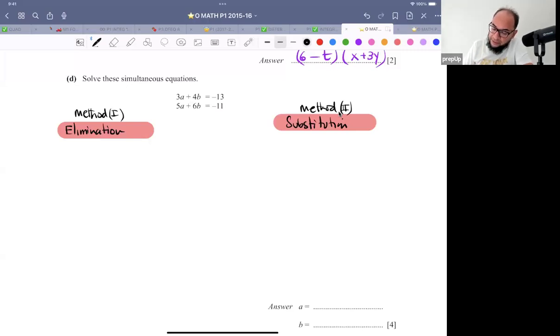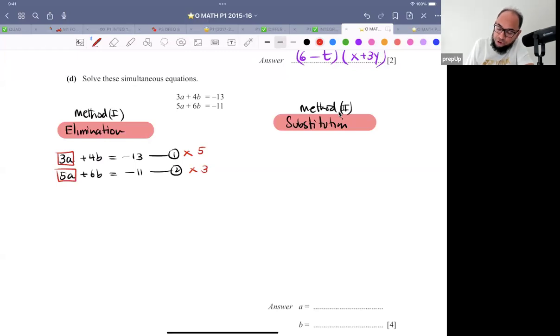Now in the first one, it depends on what we want to eliminate. So let me write 3a plus 4b is equal to negative 13. And the next one is 5a plus 6b. Let me write it at the top. 5a plus 6b is equal to negative 11. So this is equation 1. This is equation 2. If I want to get rid of a, I'll multiply by 5, and 5a I'll